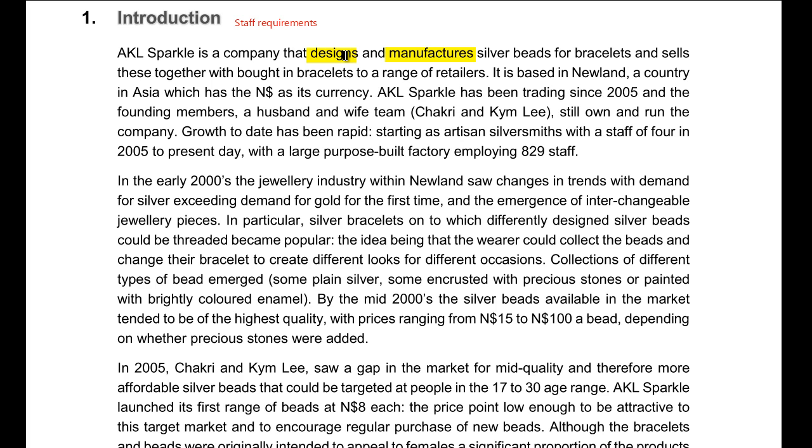And design, of course, is really important, particularly for a company like this who is in the jewelry and fashion industry. Design is what sets you apart from your competitors. So getting the best designers to design good, new, up-to-date styles of jewelry that are going to be appealing to the target demographics, that's going to be really important to keep on board. And it's going to feed into the brand image,